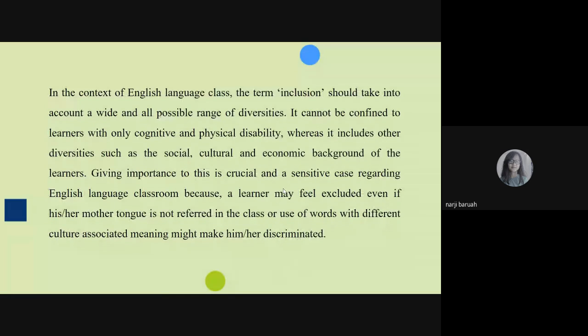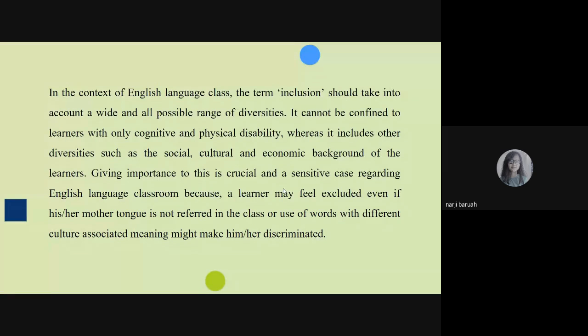In the context of the English language classroom, we need to take into account many things. It's not like the other classrooms because English is a language. In all language classrooms, not necessarily English, the concept of inclusivity is a sensitive thing. For example, when we use language in the class, at the very beginning, if we say that students, you are going to learn this topic today, instead of saying you are going to learn, we should start saying that we are going to learn.